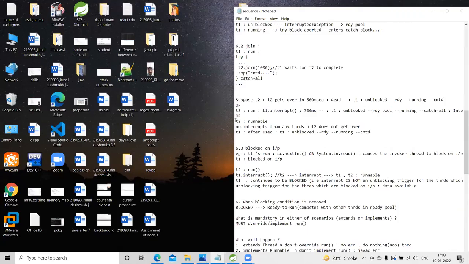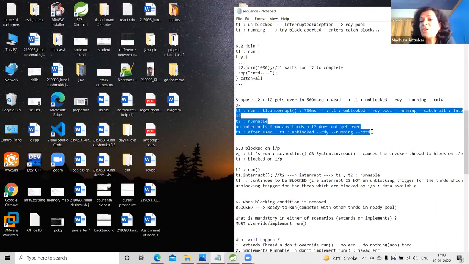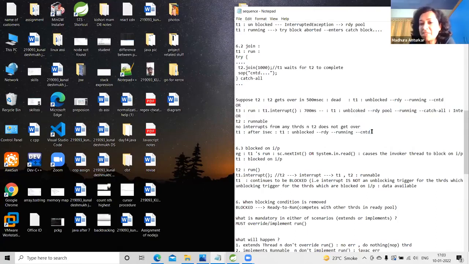You didn't understand the next one either? Okay. So this is what I didn't understand actually. I understood that one. Sorry, I thought it was the first one you hadn't understood. Sorry. So anyway, now let us change the condition. Now imagine that T2 is running continuously. If T2 is running and T2 is not over, T1 will be blocked for T2 to finish execution, for a maximum of 1000 milliseconds.